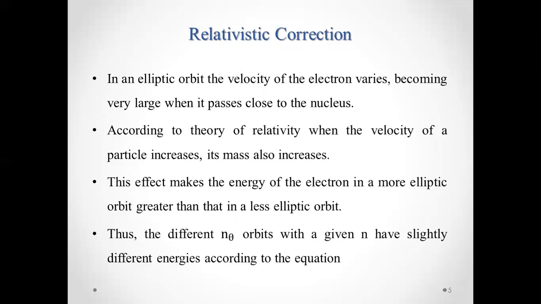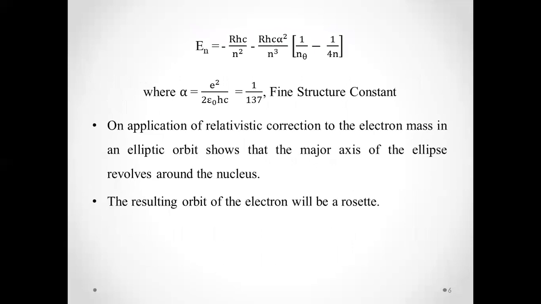So this effect makes the energy of the electron in a more elliptical orbit greater than that in a less elliptic orbit. Thus, for different n theta, orbits with a given n have slightly different energies according to the equation